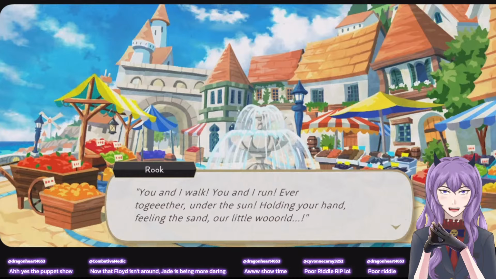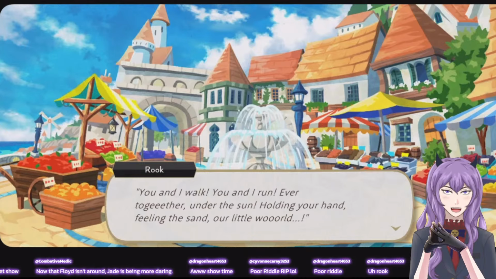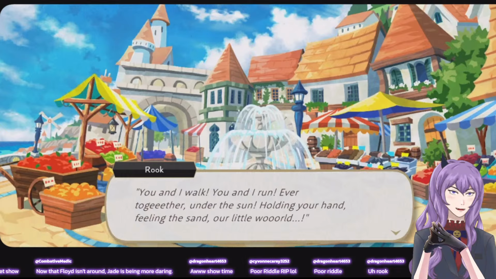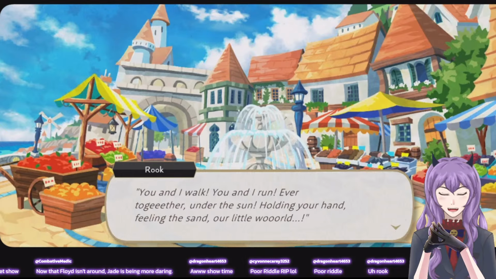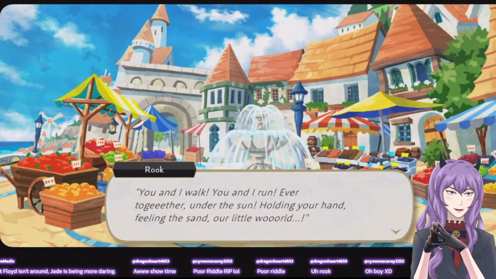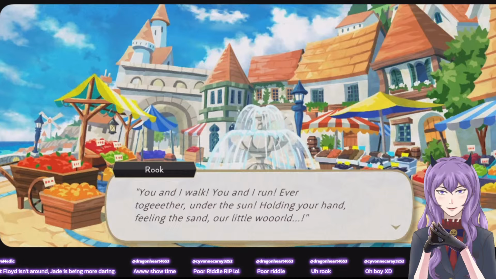Is this like, are these like changed lyrics of the song? He's turning this into a musical now. This is a musical puppet show. Is this like a variation of Part of Your World? I would sing it, but I wonder if I'm gonna get like DMCA'd by the big mouse if I try.